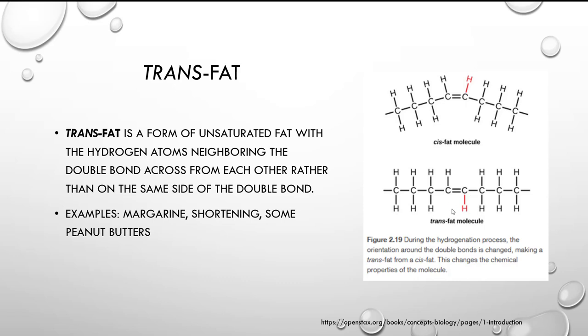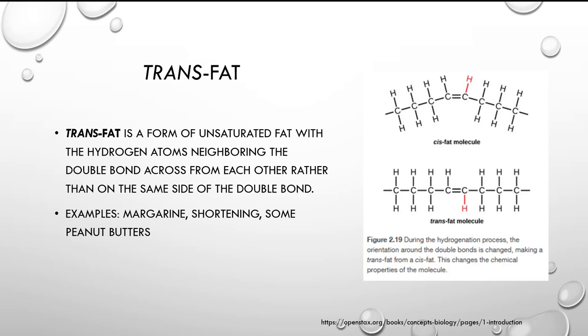So it kind of stabilized it. But we're finding out that it caused some health issues because our bodies don't really know what this is. It's not exactly a saturated fat that our body's used to recognizing, but it's not exactly an unsaturated fat that our body recognizes. So our bodies don't really know how to process them the same way as a true fatty acid. And so that's why it's contributing to health issues,